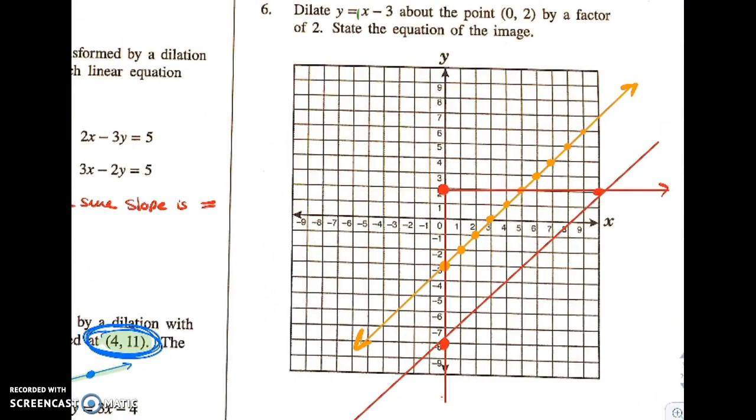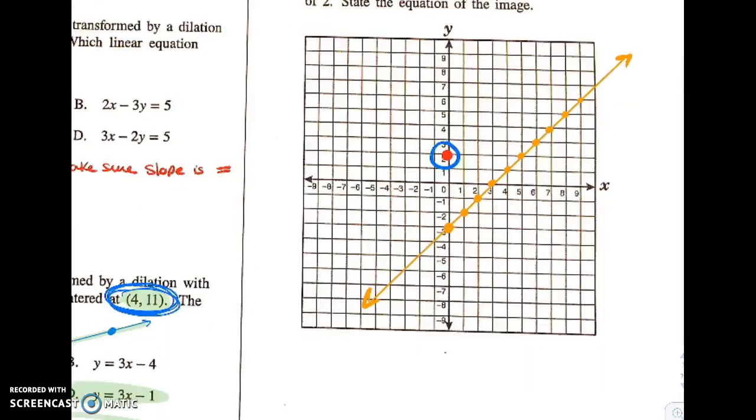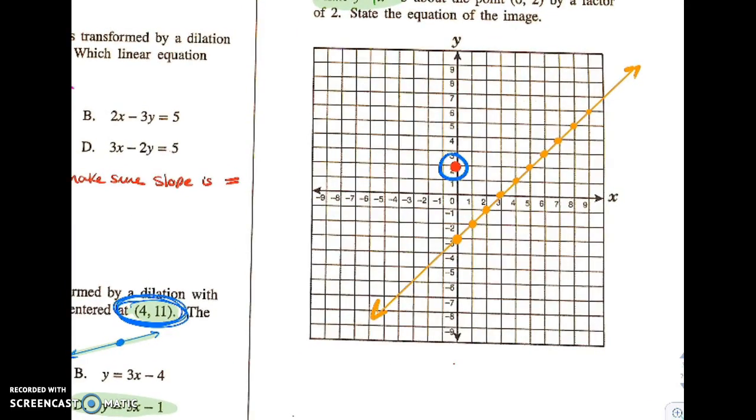Number 6, I already kind of set it up here. I'm going to show you what I did. The line I have drawn there is y equals x minus 3, which is 1x minus 3. So y-intercept of negative 3 with a slope of 1 all the way up. If you dilate from (0, 2), if that's your center of dilation right there, what's the equation of the new line? Well, I made lines of dilation, so I'm going to go from here